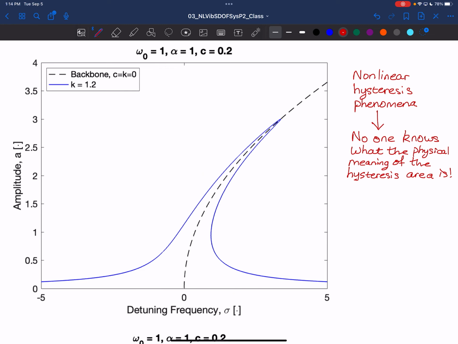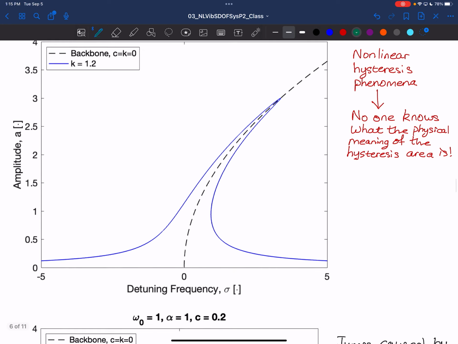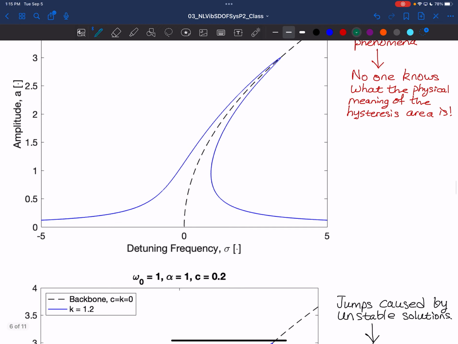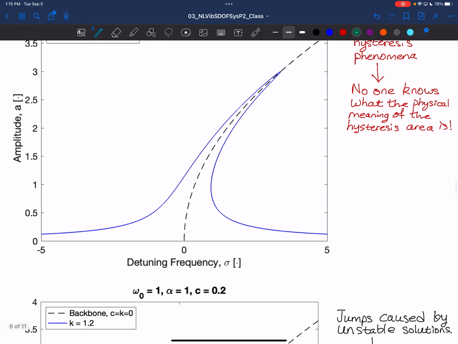And we'll skip this type of analysis for the softening nonlinearity, but it's the same kind of idea. Okay, so if you had a nonlinear system and you decided to do a frequency sweep, so you have some excitation on it and you are changing the frequency of that excitation over time, you can do two types of sweeps. You can sweep forward, where you're increasing the frequency, or you can sweep backwards, where you're decreasing the frequency. If you do a forward sweep, what will happen is we will track along this curve